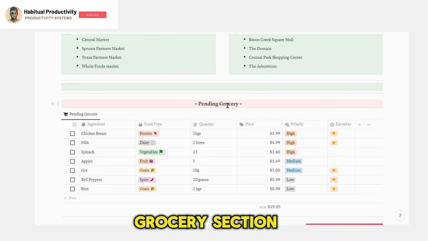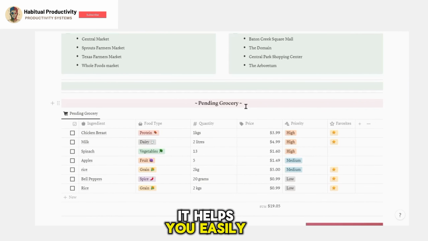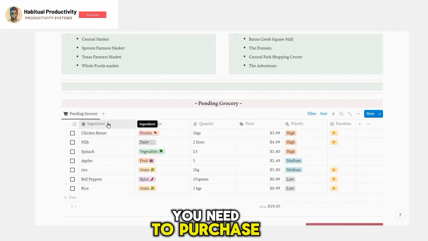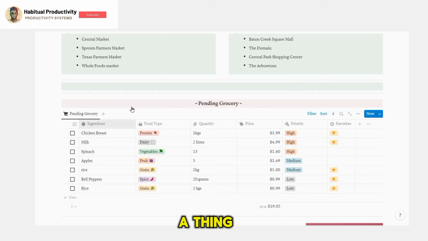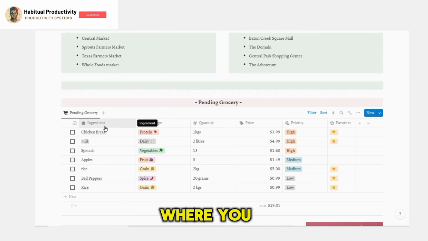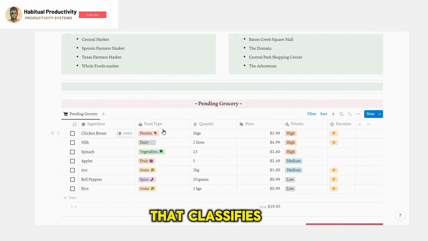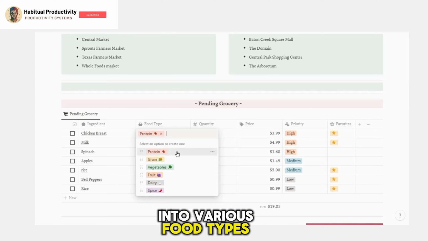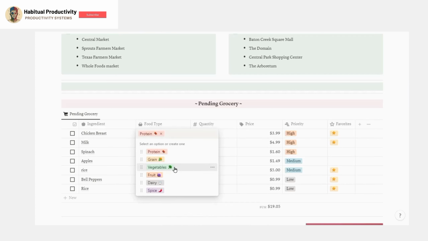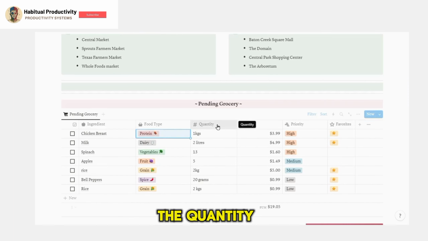This is the pending grocery section. It helps you easily jot down all items you need to purchase, ensuring you never miss a thing. It contains the following property sections: the ingredient property, where you input the grocery you'll be buying; the food type property, that classifies the ingredients into various food types, including proteins, grain, vegetables, fruit, dairy, and spice; the quantity property,